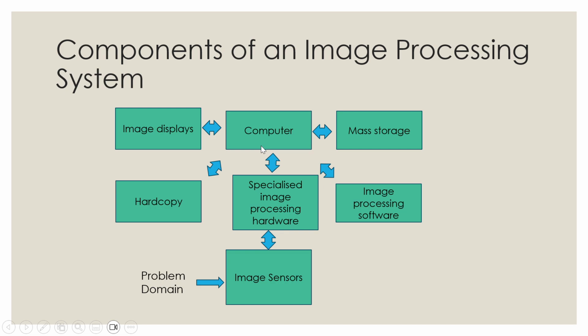Then we can store that image in a computer, or it can be stored in mass storage devices, or it can be displayed. So once it is stored and displayed, we can get the hard copy of the image by means of a printout. Next, we can also use image processing software to change the original digital image. We can do processes like segmentation or enhancement, or you can even get features from it using this image representation. So all these processes can be done with the digital image.